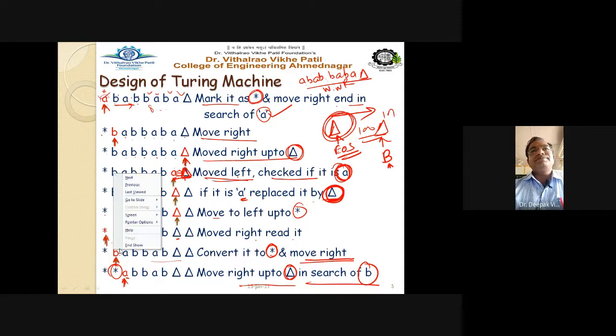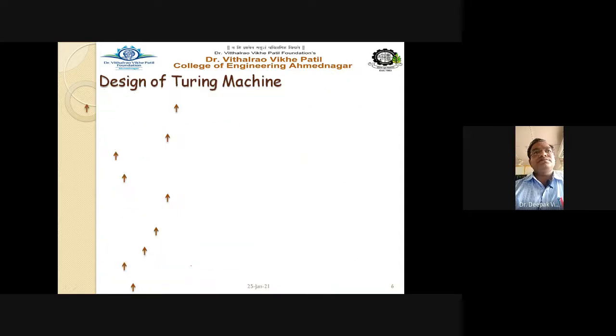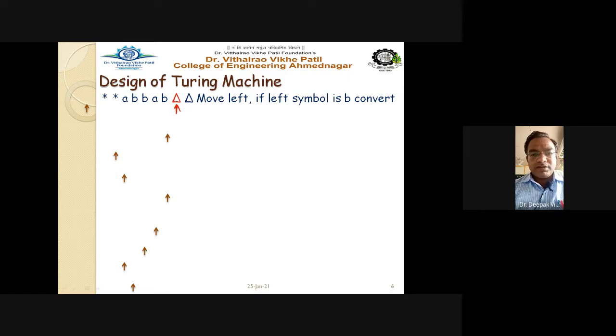After moving to the left, the pointer is now pointing to the capital delta at the rightmost side. Move left, and if the left symbol is B, we apply this logic: this is the end of the string, so the symbol immediately adjacent to it must be B if it is a palindrome string.